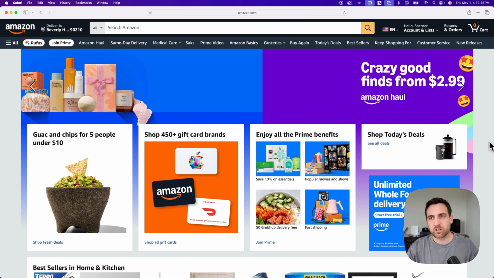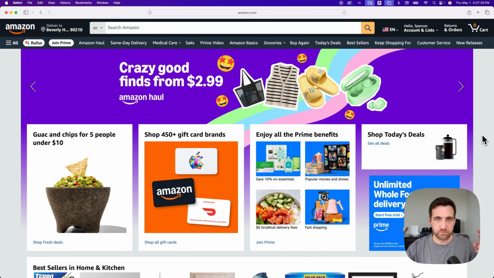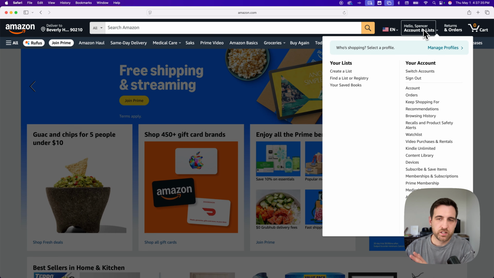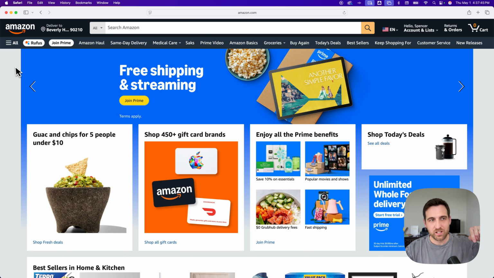Now, from here, we can go to two spots potentially. Number one, there's the accounts drop down, and you'll see your lists, and you can click find a list or registry. From there, there's another click to go to the registry page. But anyway, you can click on this, and then there's another spot if you don't see this, which is this